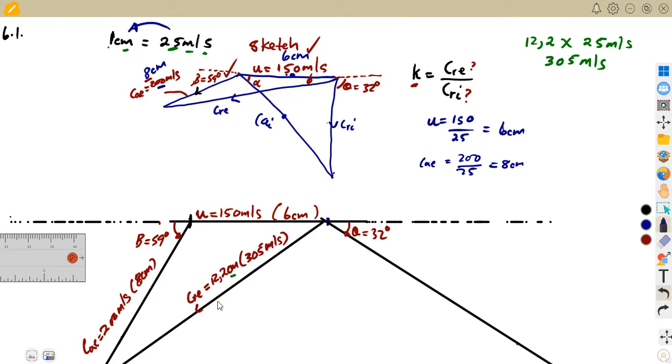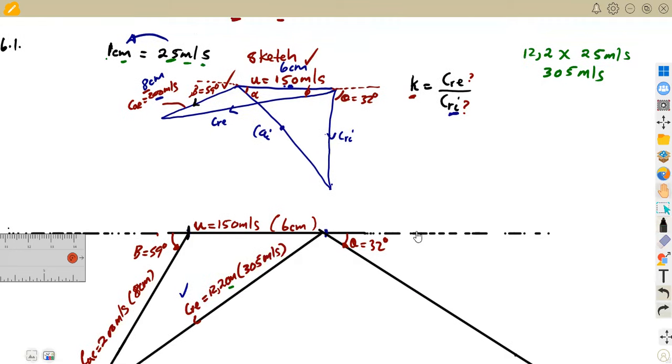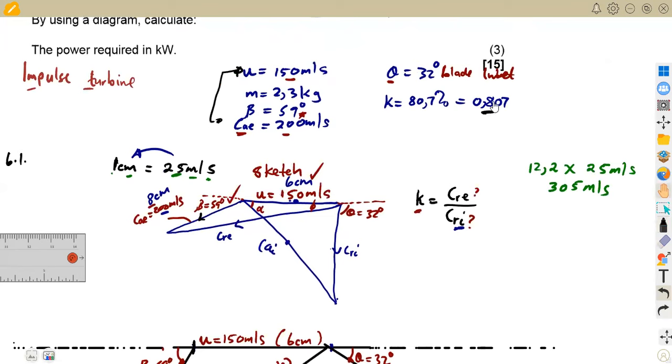Since we now have our exit relative velocity, that is the velocity at the exit, that means we can also find the inlet velocity, which is the inlet relative velocity, because there is a relationship that we see from this formula here. What is the relationship? Let us consider the relationship that we said here. We said K is equal to, we have the value of K in this case. Our coefficient of friction is